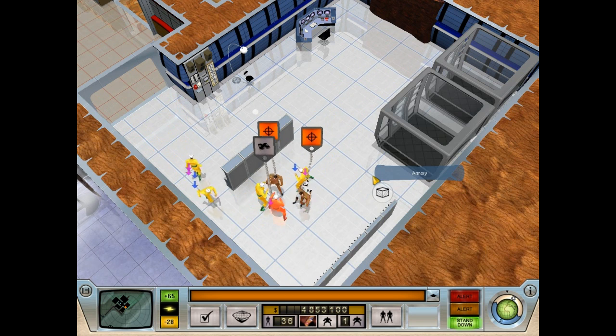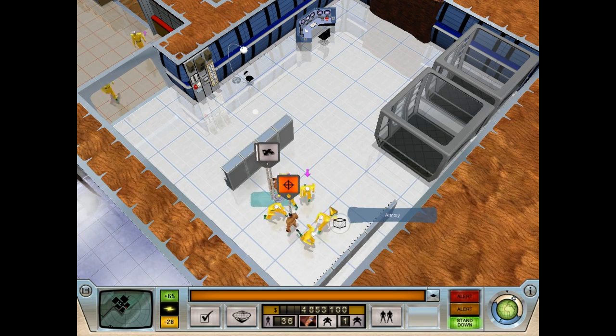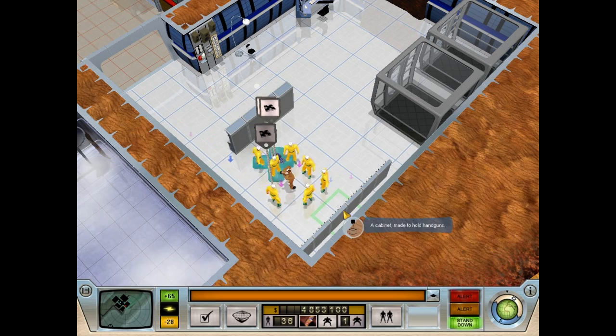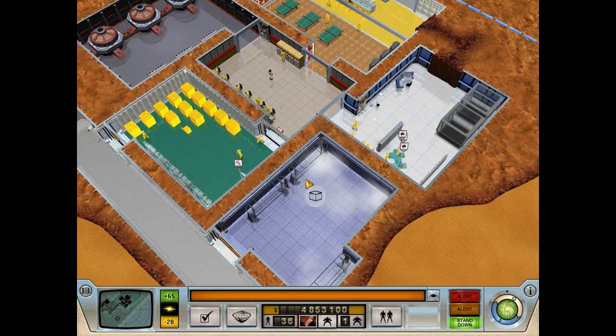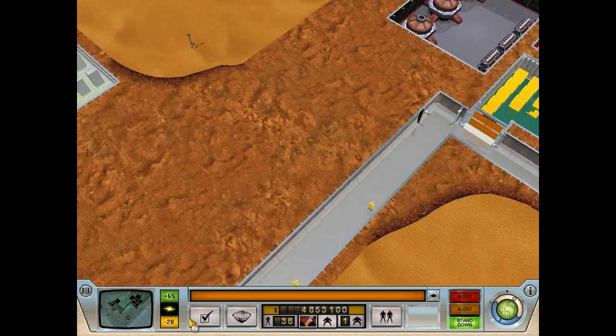Exactly. Now everybody sees what's going on. Even if we lose a couple workers, it's not a big deal. And the base is safe, and our workers will automatically handle the bodies and take them to the freezer. Good job, everybody. Way to play. All right, so